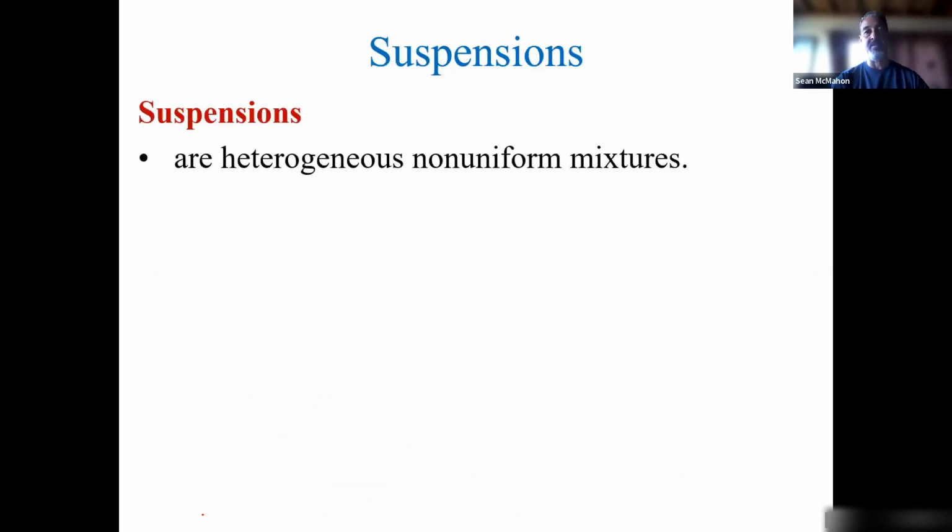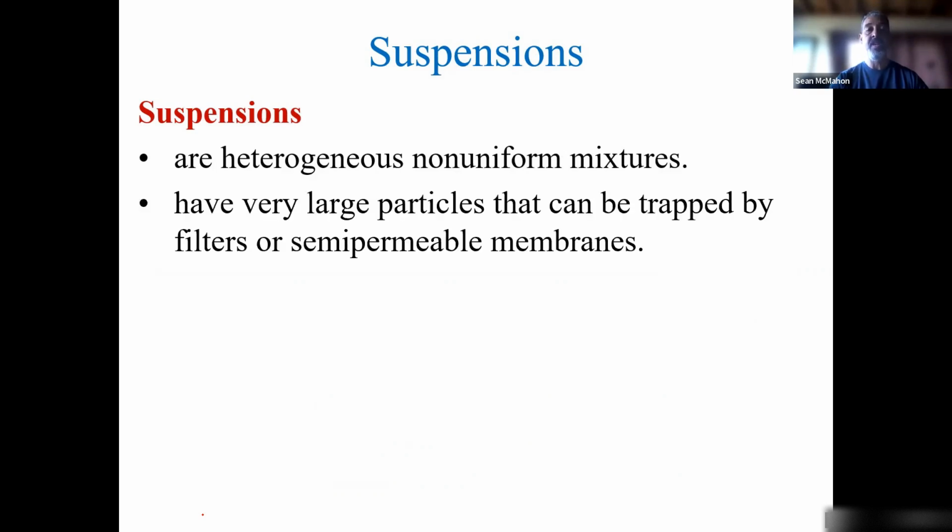With suspensions, these are heterogeneous. They're non-uniform. That's typically when you have really large particles and you can actually see them with the naked eye. So these not only get trapped in a semi-permeable membrane, like the cell membrane, but they would even get trapped